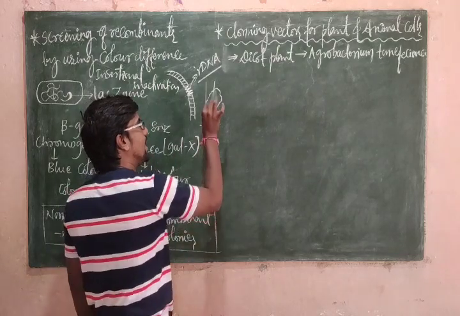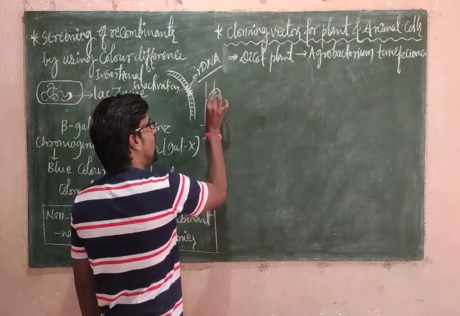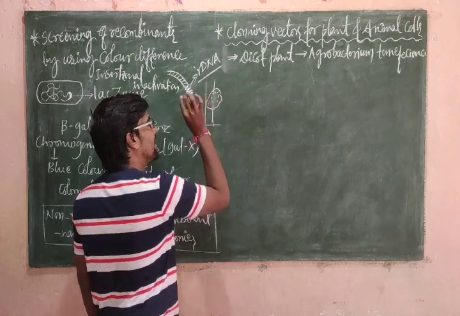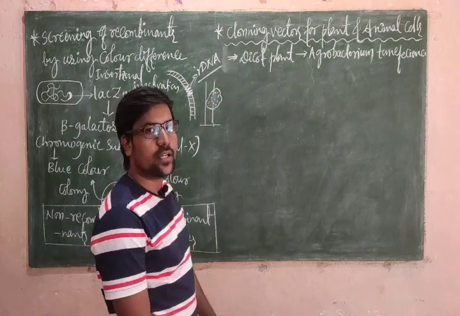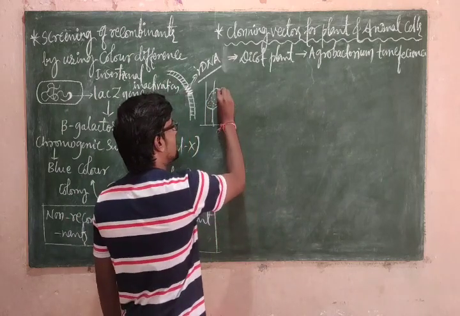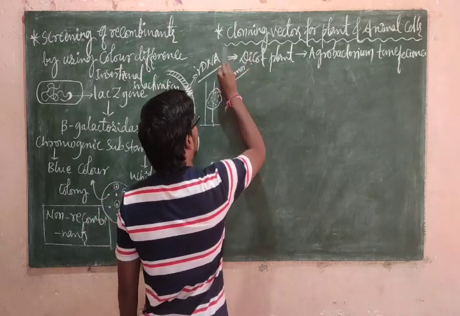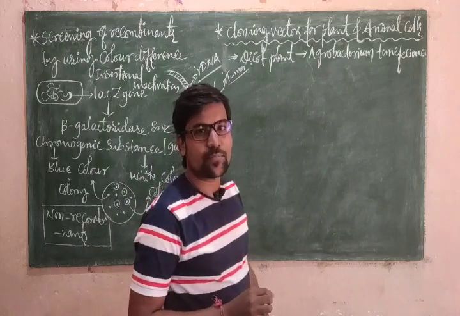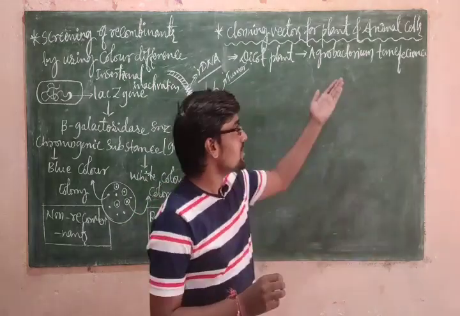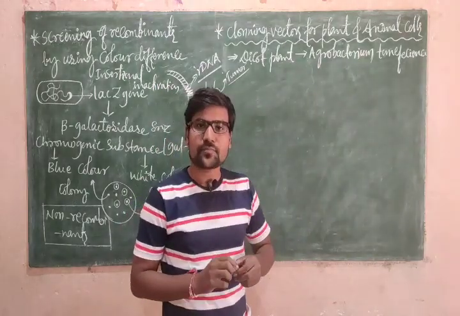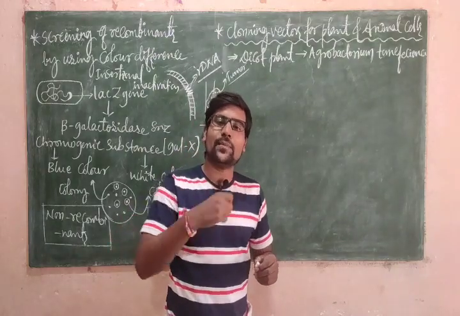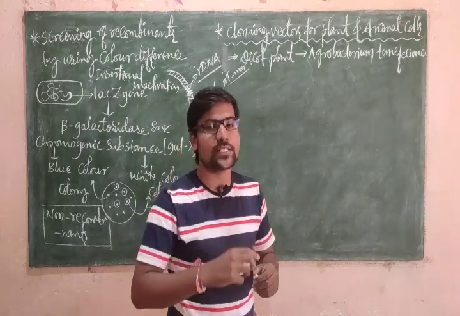On the stem we can observe this kind of deformed structures, and these deformed structures we will refer to as tumors. We call them tumors, just like cancer tumors. This is one cancer-like condition, just as when our body is affected by cancer, we will have tumors in our body.